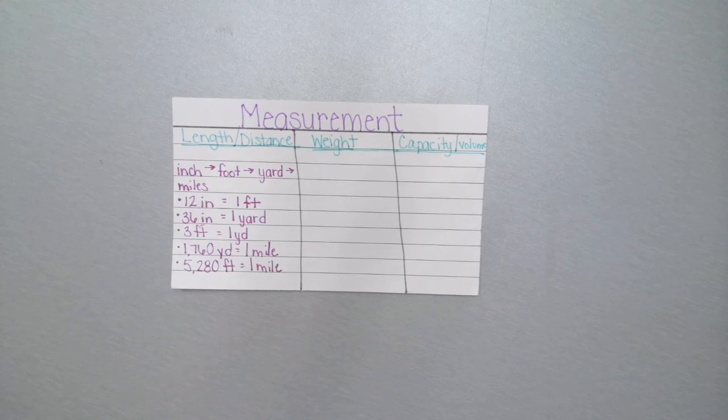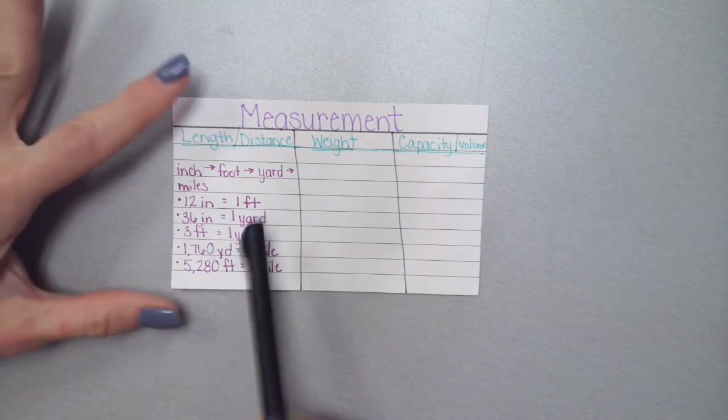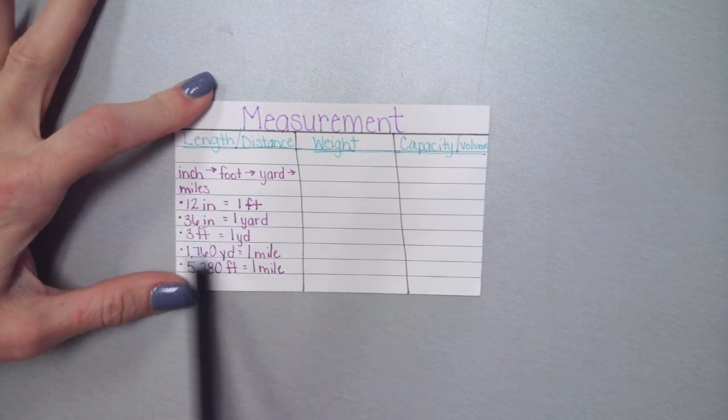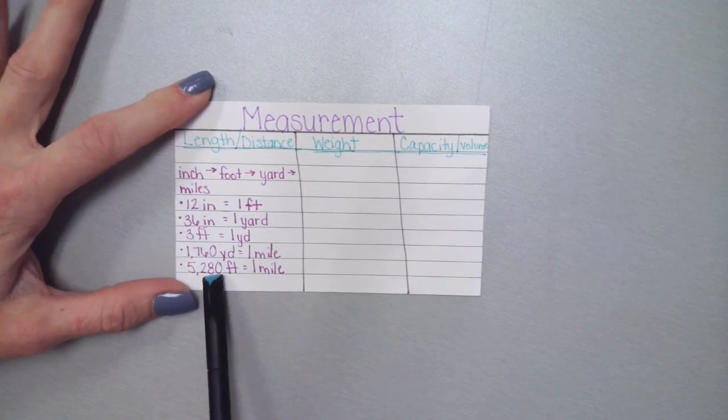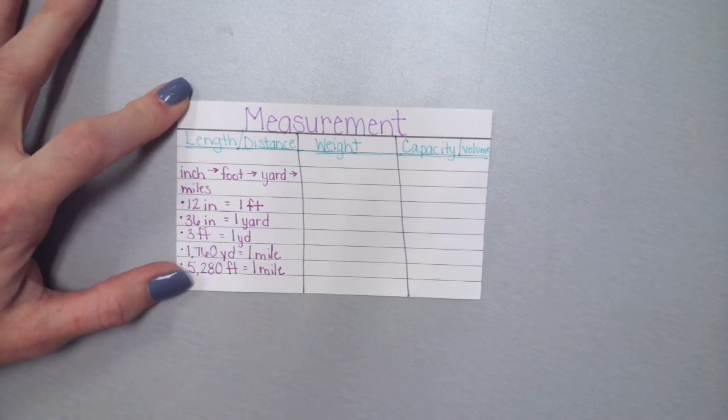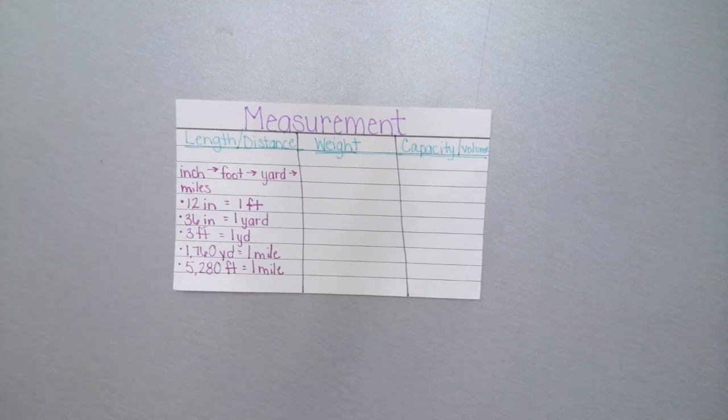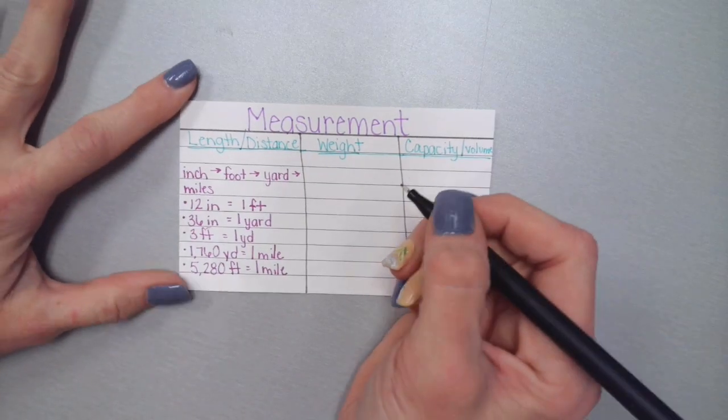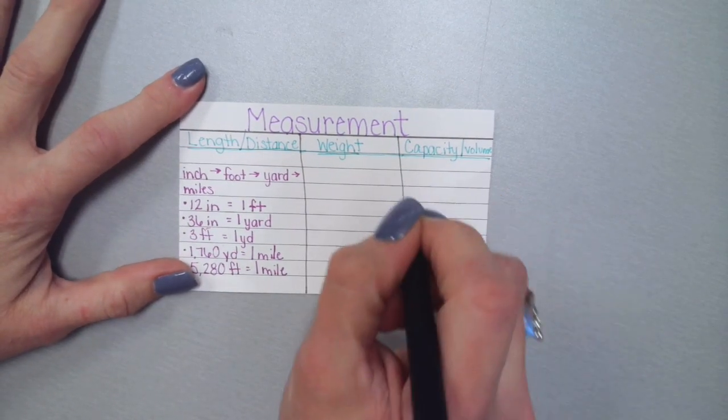We converted mostly from our bigger units to our smaller units yesterday. And next year in 5th grade, you will have to go back and forth between bigger and smaller. But this year, we're just going to focus on that multiplying component. So remember yesterday, we would look for the matching pair of numbers, and then we would use that number to multiply. Today we're going to continue working with that, but instead of length or distance, we're moving into the weight